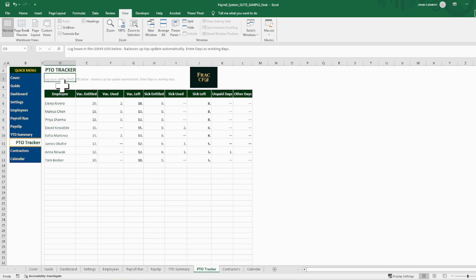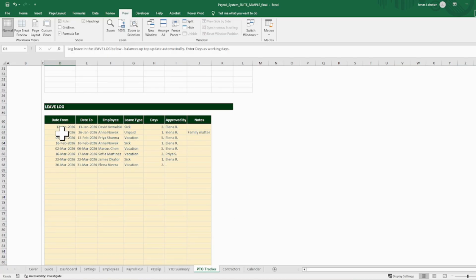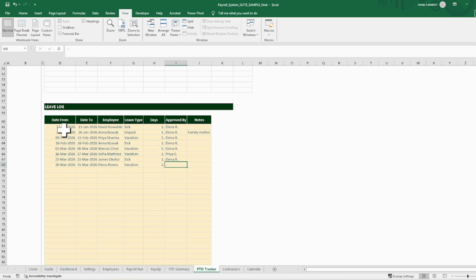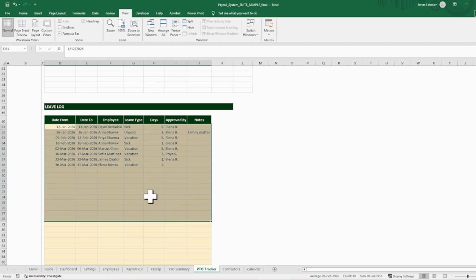So to log the leaves, we scroll down below here. As you can see, these are cells in light yellow. It means that these are intended for manual input. So this is where you will input the leaves. To record the leaves,